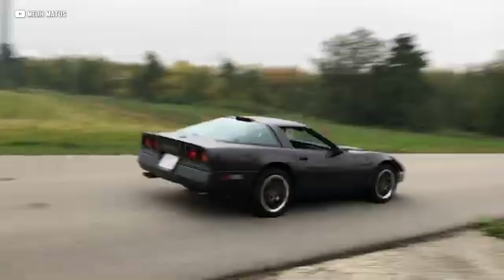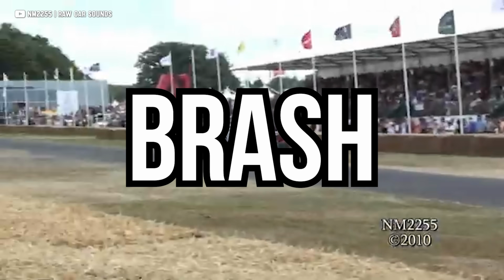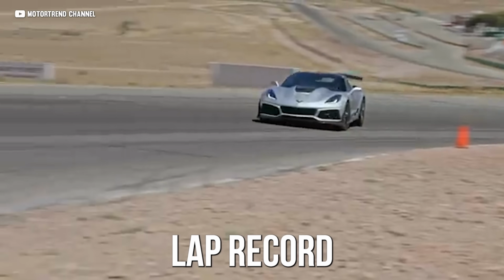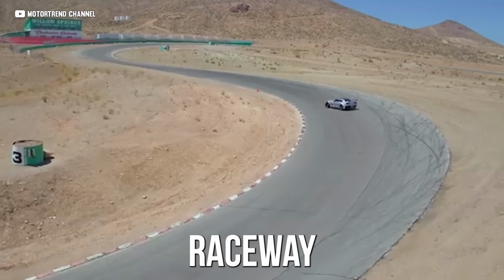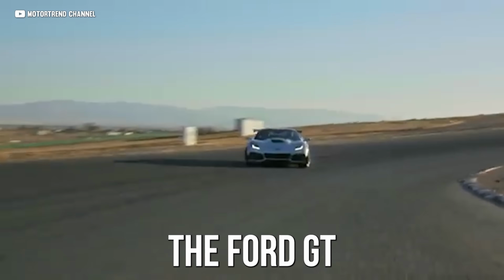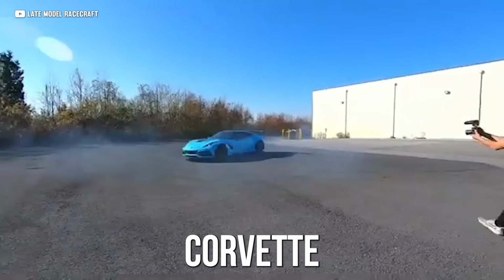The C4 ZR1 was fast. The C6 ZR1 was brash. The C7, well, it was out of this world, setting a new lap record at the Virginia International Raceway, destroying the previous record holder, a freaking Ford GT, and punishing the limits of what a front-engine rear-wheel drive Corvette could